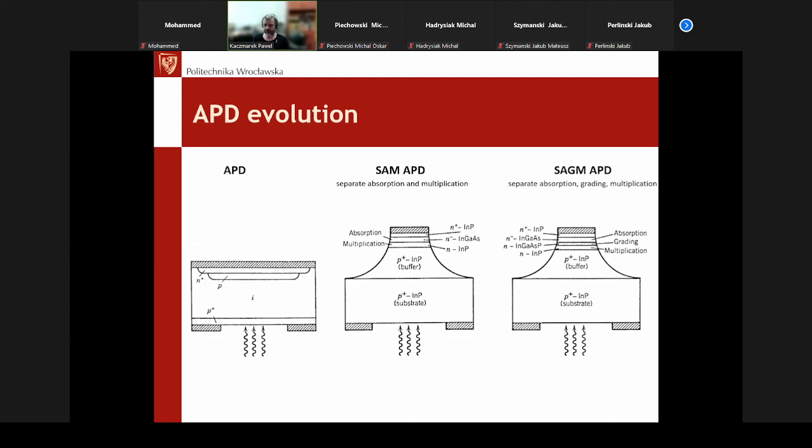We have different band gaps for the absorption and multiplication layers. This step in the band gap energy introduces some phenomena which make such a photodetector much slower. To avoid this problem, they are adding an additional layer, which is a way